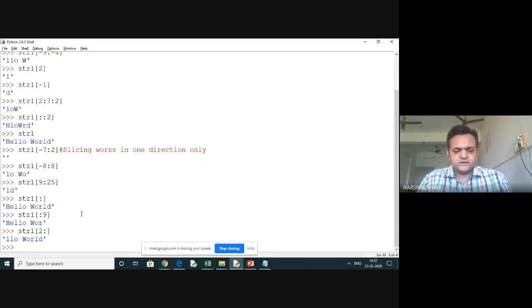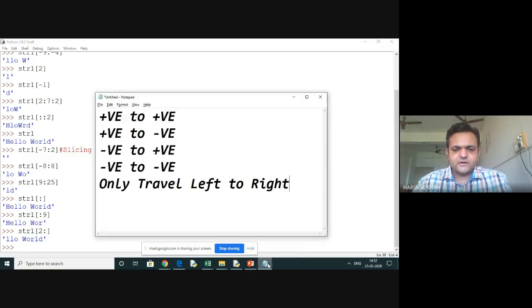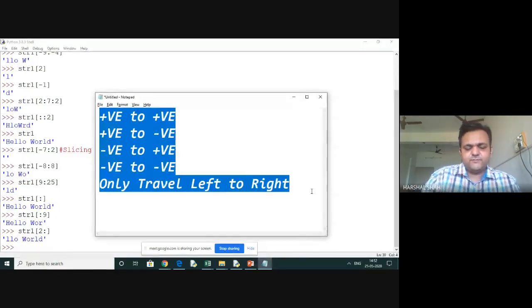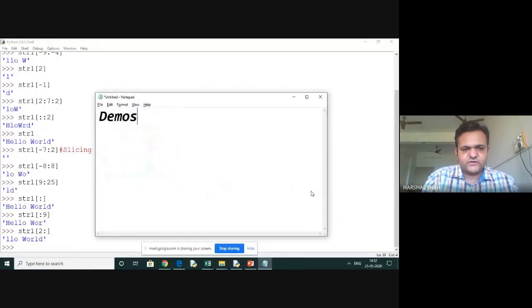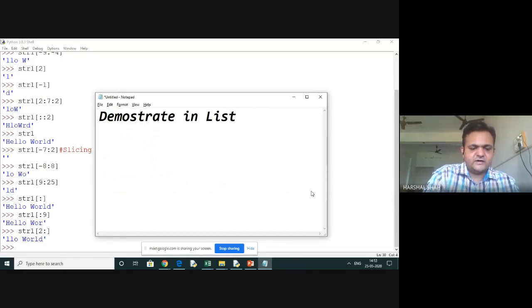So here I'm completing indexing and slicing. This is a very, very important thing. All right. Now we will go back to the new concepts. That is very important in the form of this indexing and slicing. We are going to demonstrate this in a list and tuple.